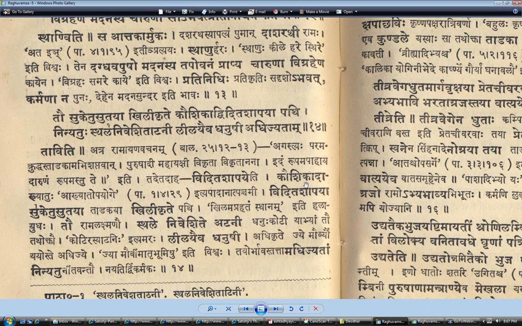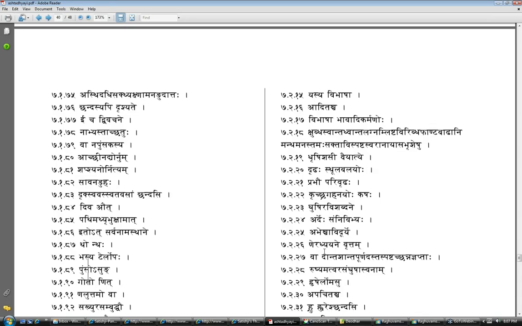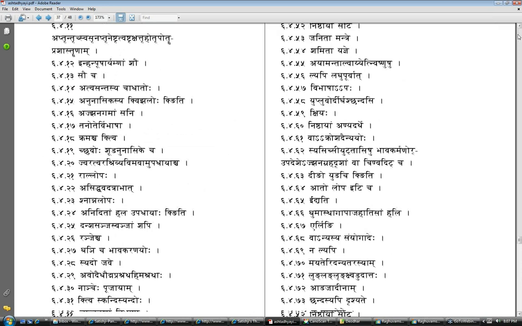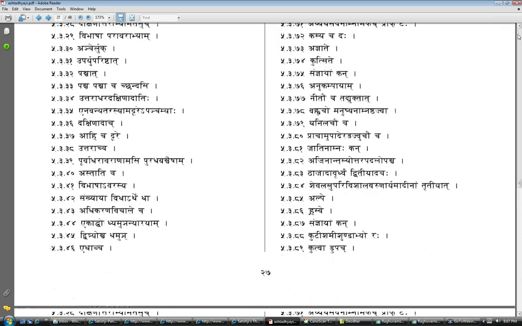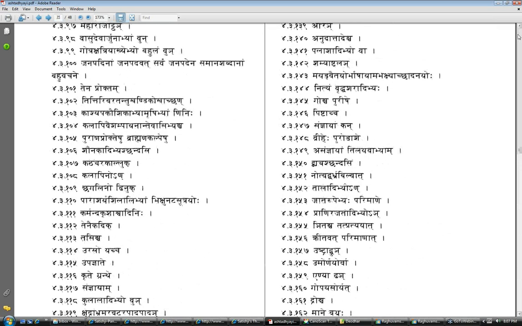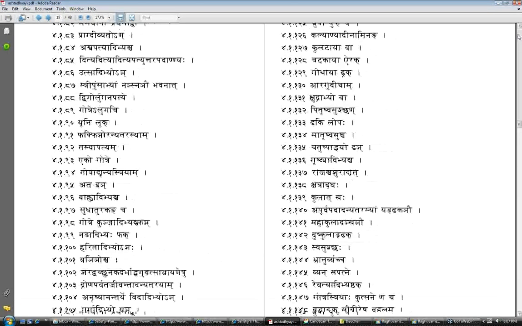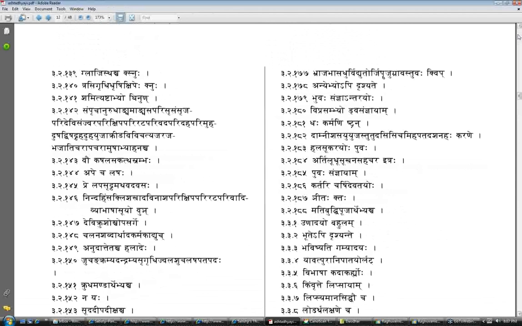But that 2.3 uses these karaka sanjnas, like karma, karana, apadana, sampradana and all that. And they are defined in 1.4, in the karaki adhikara. So in the karaki adhikara 1.4, Panini only defines these karaka labels. He doesn't assign vibhaktis. Vibhaktis are only assigned in 2.3, but they will depend on these karaka sanjnas coming in 1.4, or they will be assigned directly.